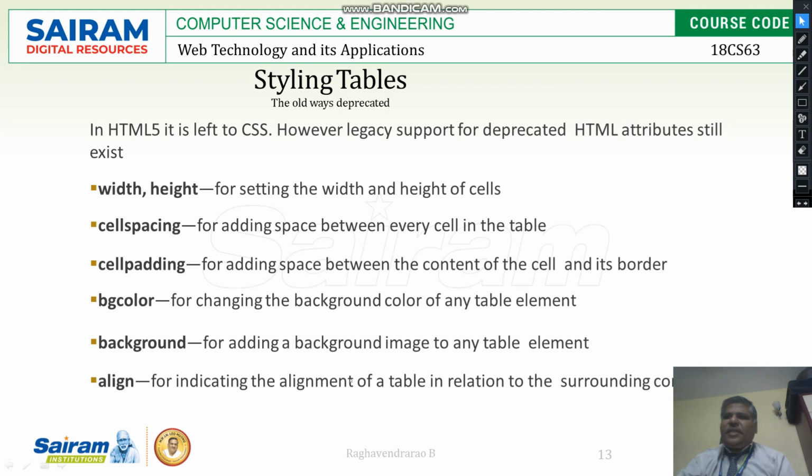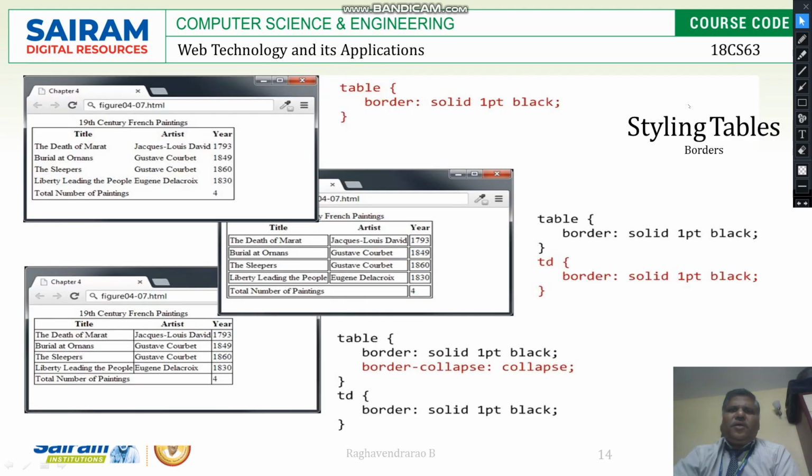Alignments, there are 3 alignments: center, left and right. So these things you are going to see demonstrated with the program. Now here is some table content. Here is one example where the table border is solid 1 point black. So here you can see the output, this is the